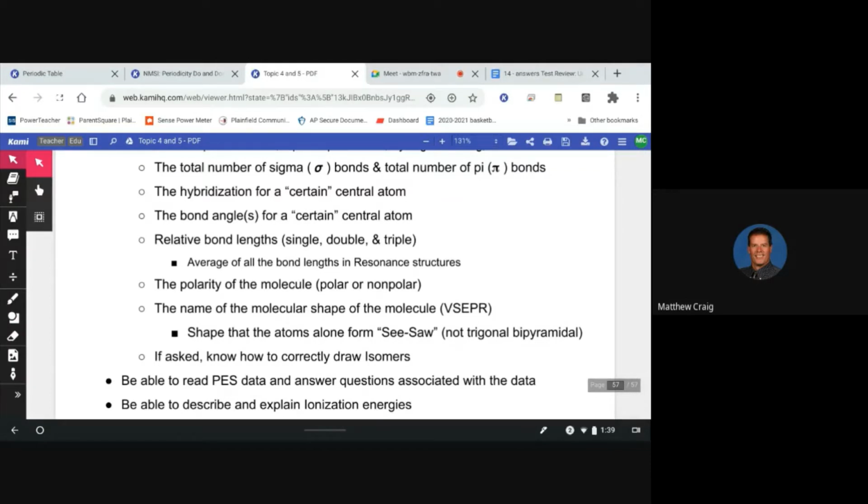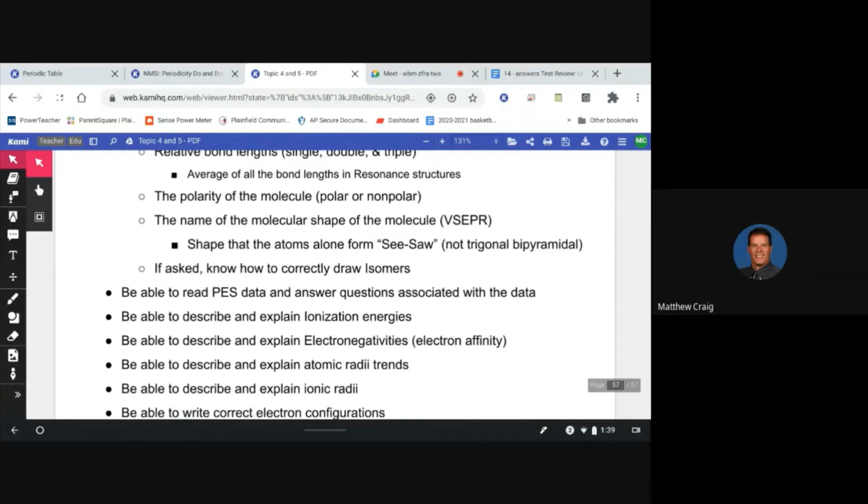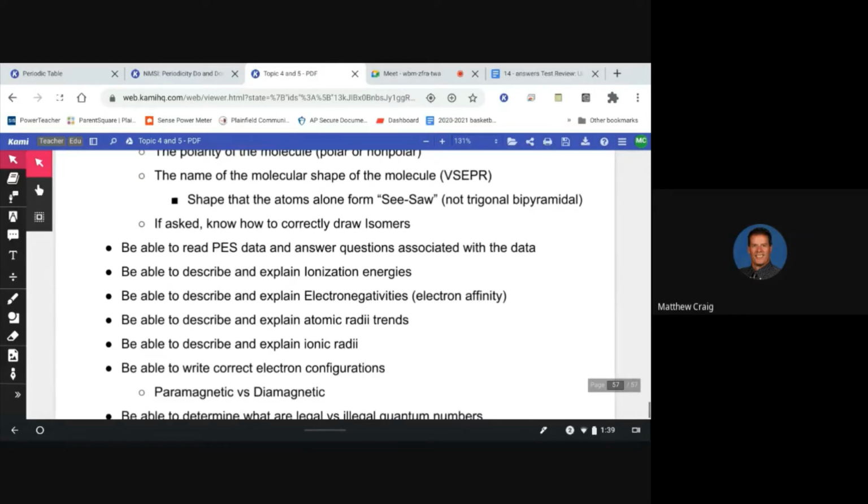The polarity of a molecule, whether it's polar or nonpolar, the name of the molecular shape of the molecule, in other words, the VSEPR table. Make sure you can read that. If asked, how to draw isomers or recognize isomers, since it's multiple choice. Be able to read a PES data and answer questions associated with that data. You will see that. Be able to describe and explain ionization energies,